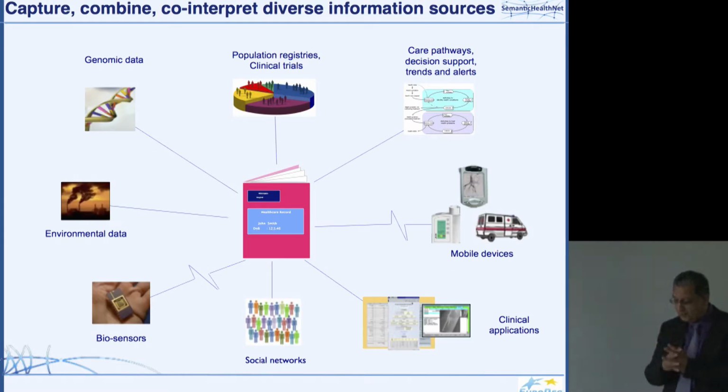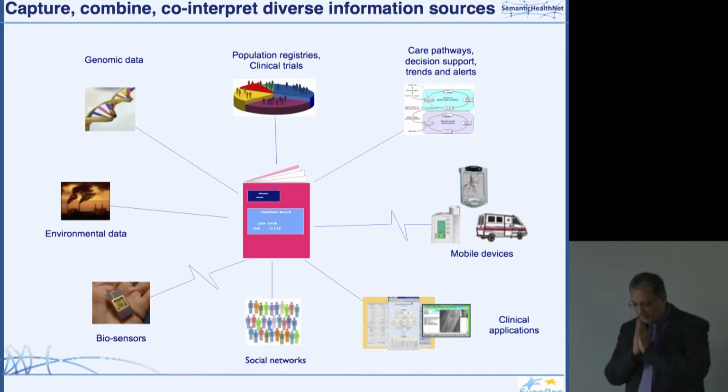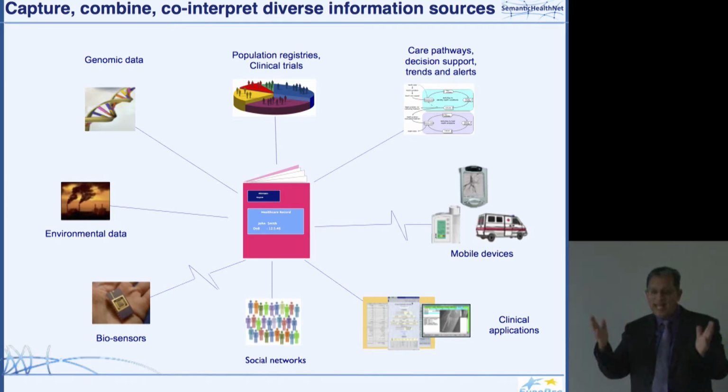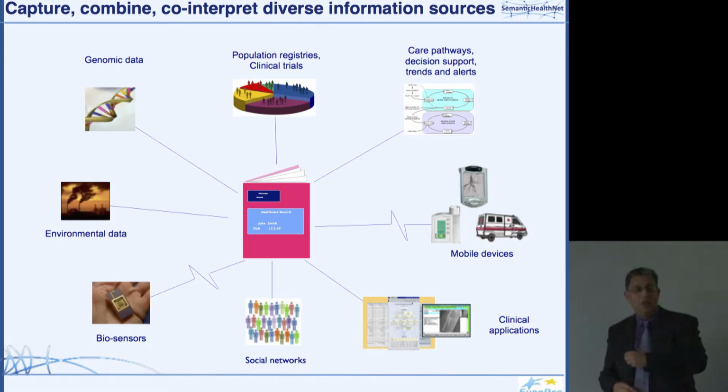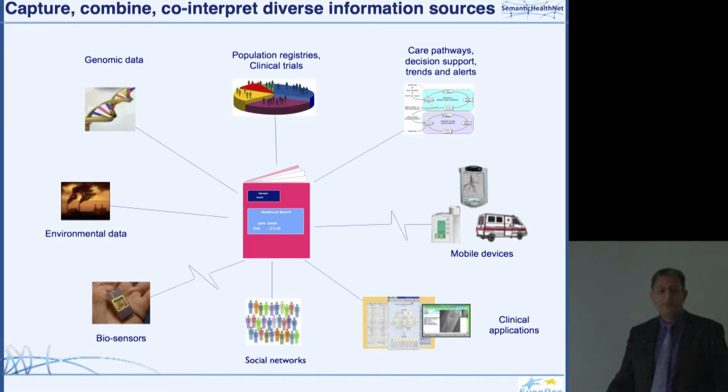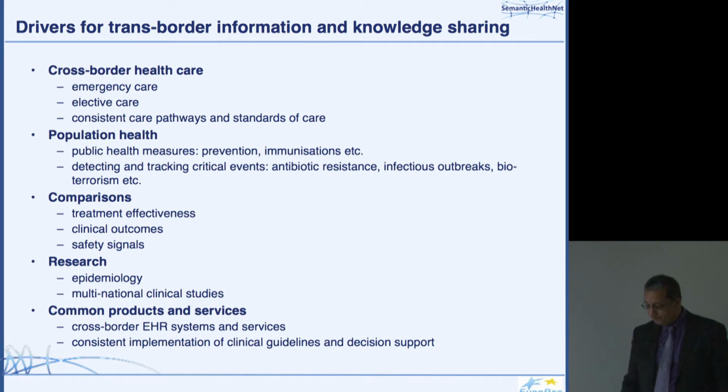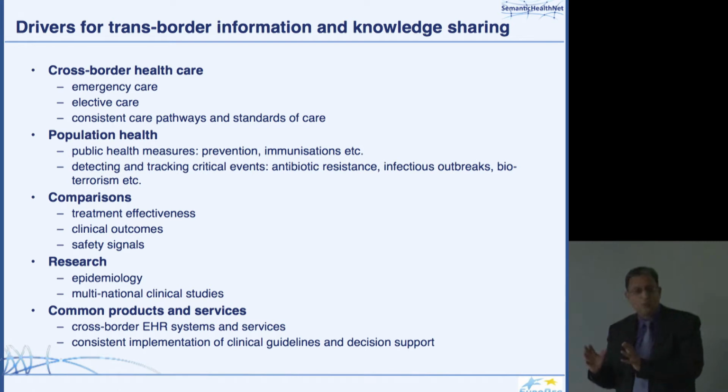And of course, as Stan has mentioned, there are many, many kinds of data, and he's mentioned genomic data. So as well as thinking about the landscape, we need to think about the data types, the kinds of information feeds coming in. It's no longer sufficient to think only of the clinician listening to the patient, putting a stethoscope and so on. We're going to get chips where patients have got labs on chips in their home, Bluetoothing that data to their mobile phone, coming off into a collection environment. It's a really exciting time, but it's also a time of challenge for interoperability. So there are all sorts of reasons. Maybe I'll just skip that slide for the sake of time, but there are lots of reasons why we want